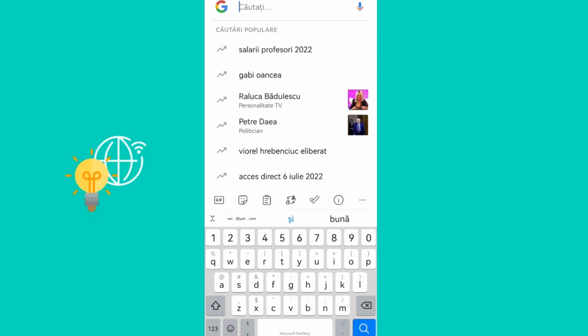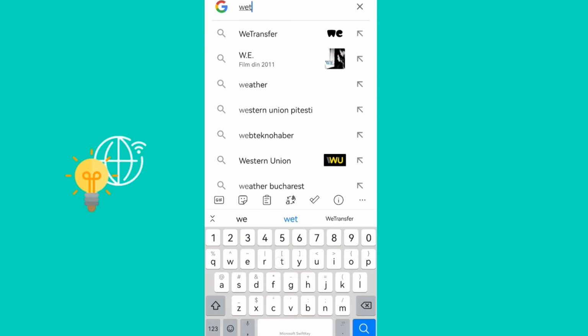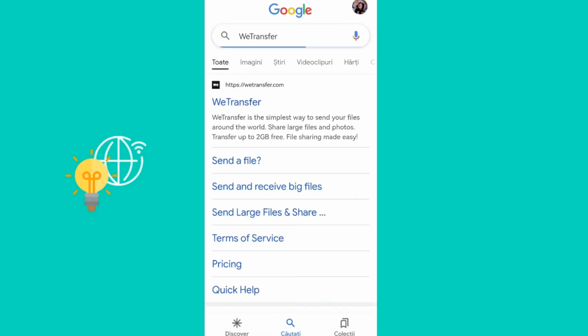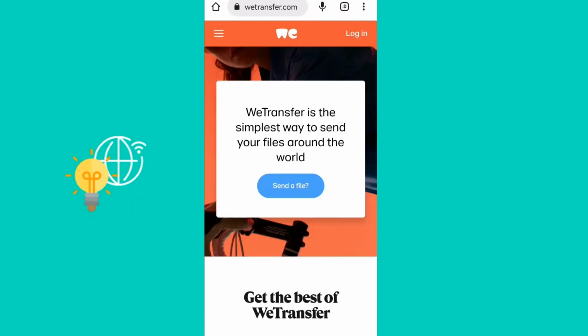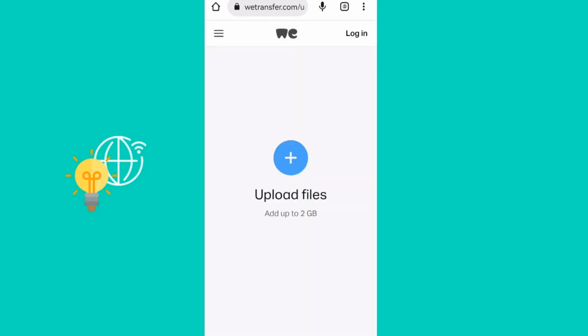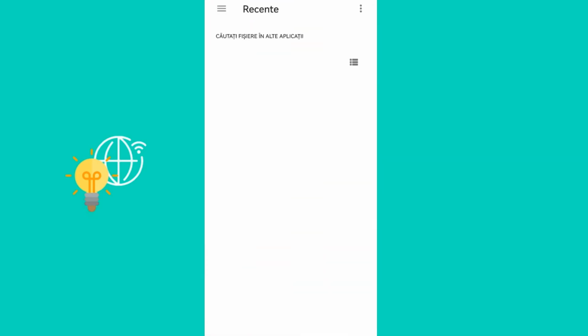So what you do is write WeTransfer and then just go ahead and click on WeTransfer.com. And as you can see here, it says WeTransfer is the simplest way to send your files around the world, and honestly, I agree. So what you need to do is go ahead and click on send a file, and upload any file that you want to upload. I'll just go ahead and upload